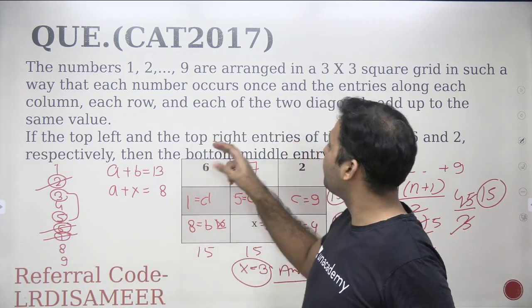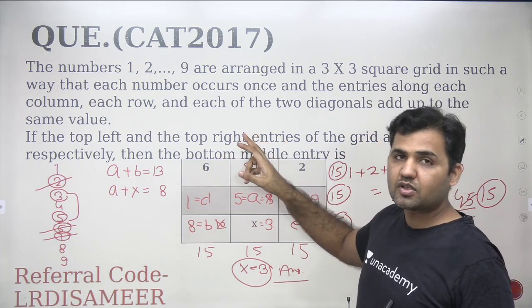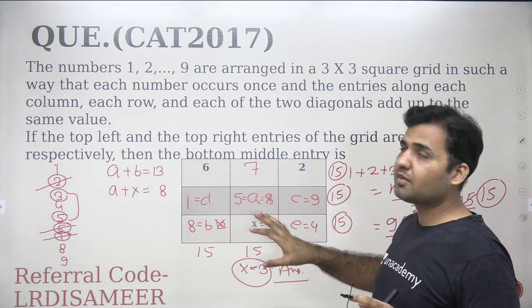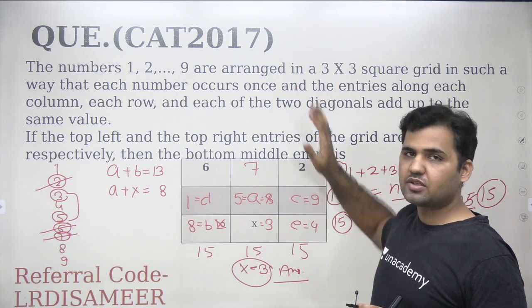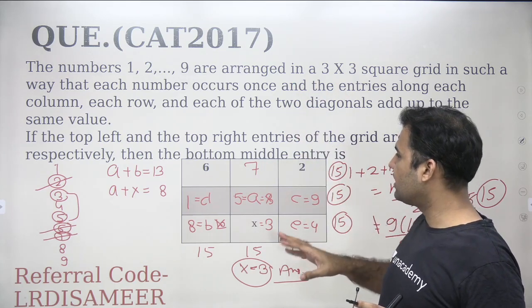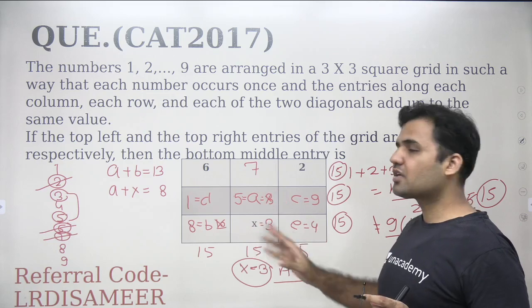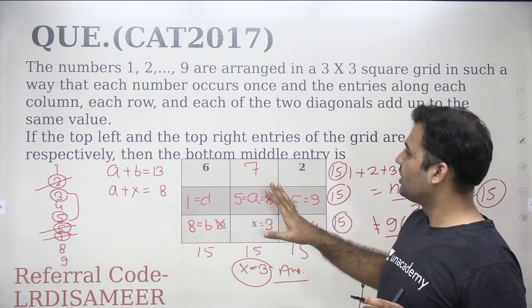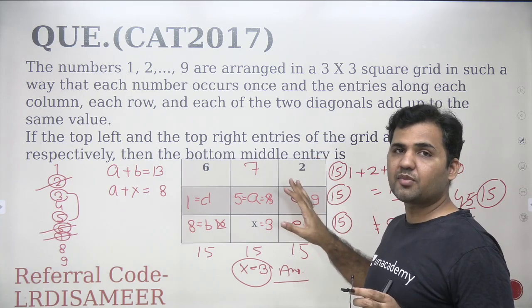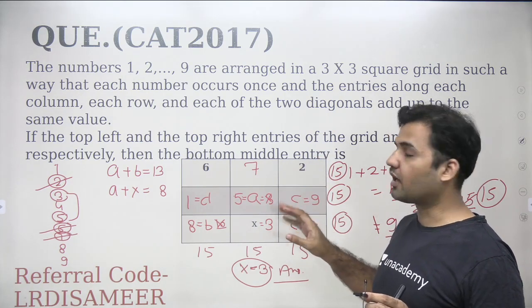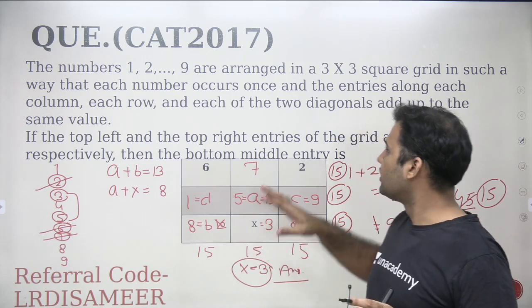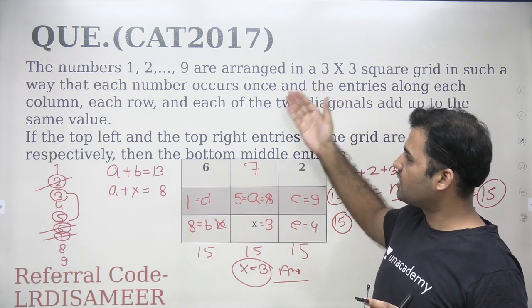It doesn't mean that every time this statement will be given whenever you are solving a question of magic square, that the summation of all these rows and columns are same. The condition can be changed also, right? The examiner can say that the summation of row 1 is same as the summation of row 3. You will not call that a magic square, but yes, the concept of solving those types of sets will also be similar to this one, that we are supposed to take the cases and use the information given here.